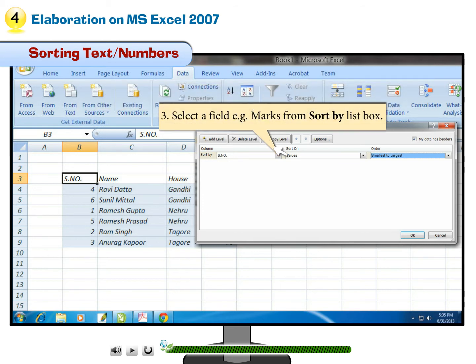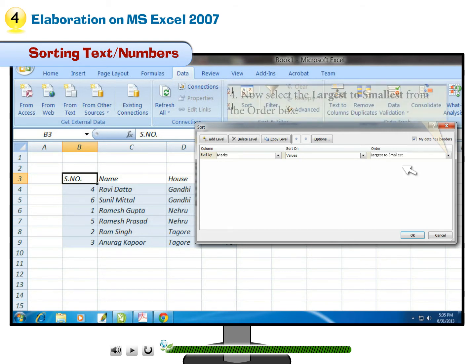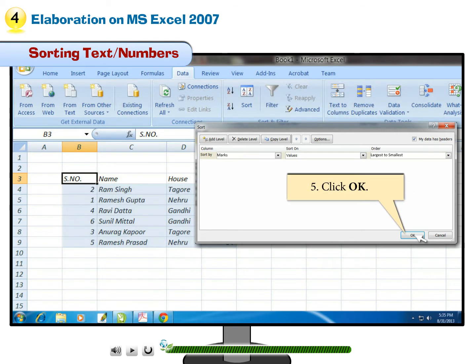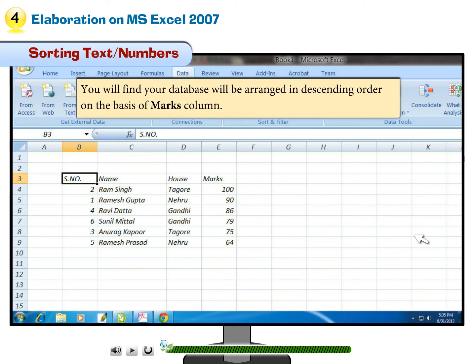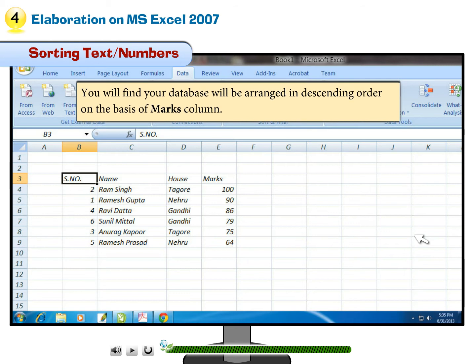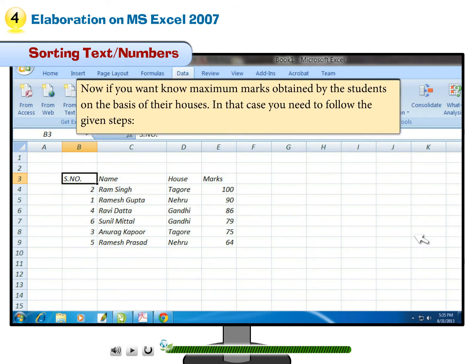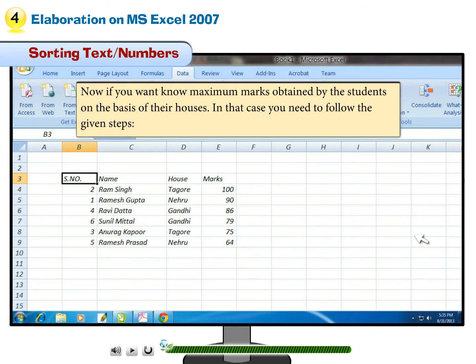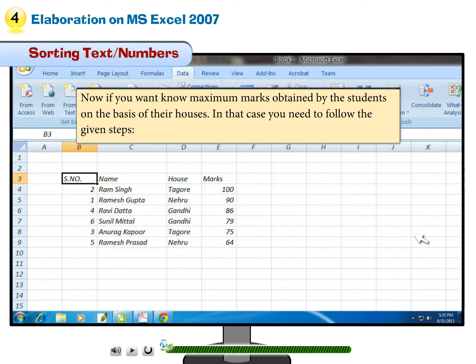Step 3. Select a field, for example, Marks, from the Sort by list box. Step 4. Now select Largest to Smallest from the Order box. Step 5. Click OK. You will find your database will be arranged in descending order on the basis of the Marks column. Now if you want to know the maximum marks obtained by the students on the basis of their houses, in that case,